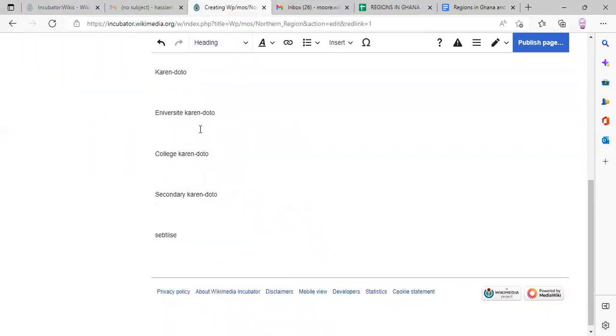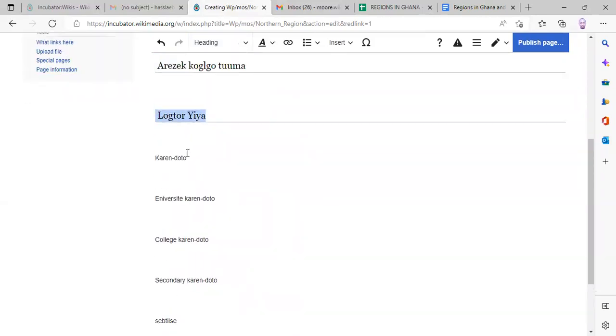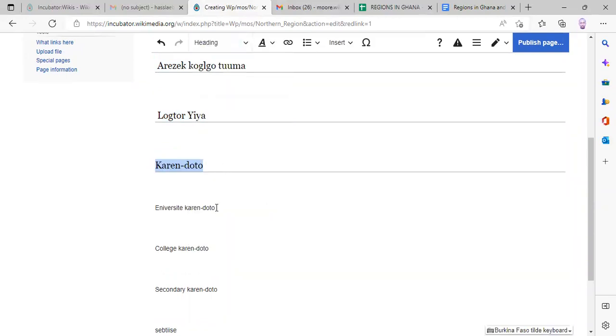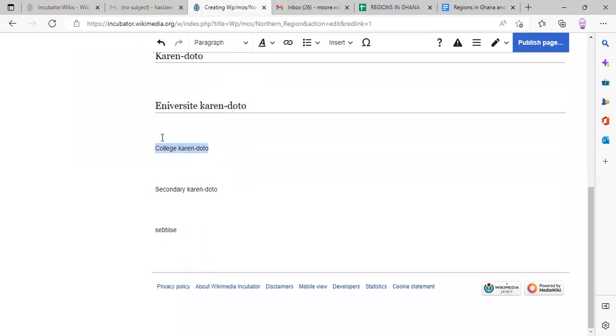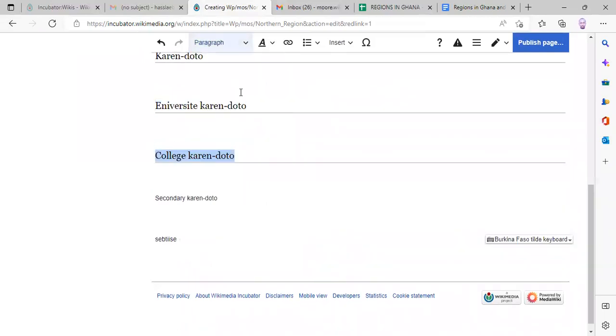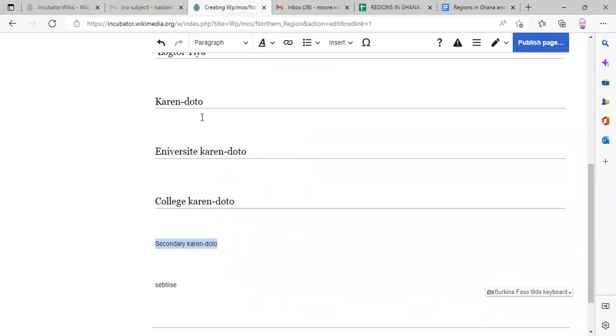On paragraphs here, I'm just showing how to create an article and paragraphs. If we learn this properly, it will usher you into our next projects and activities, which is very important in our article creation and editing. You can also use source editing, but this one is simple. Karen Dutu, schools.